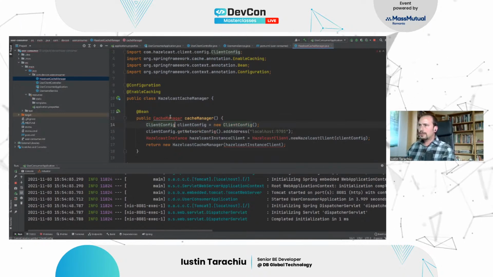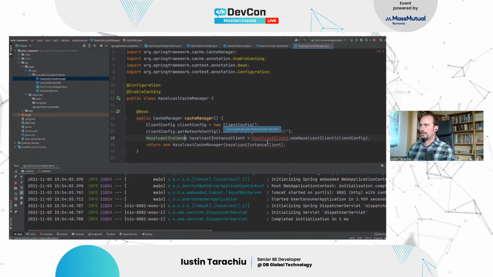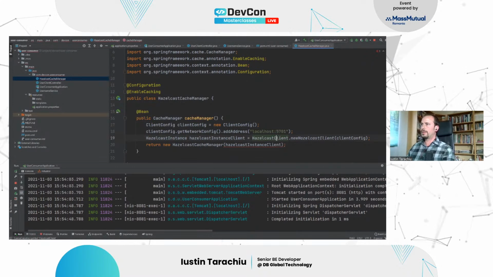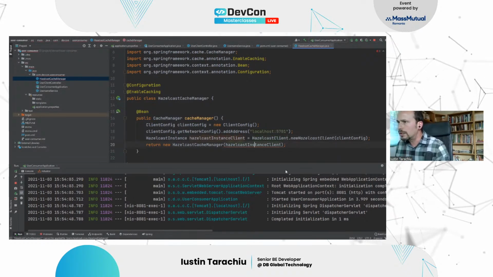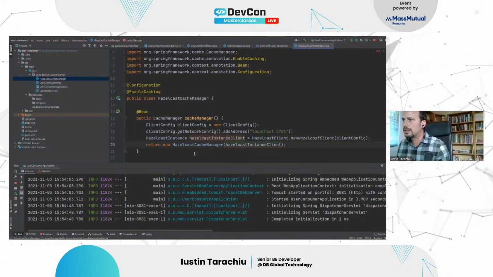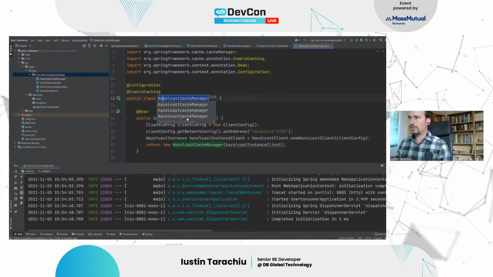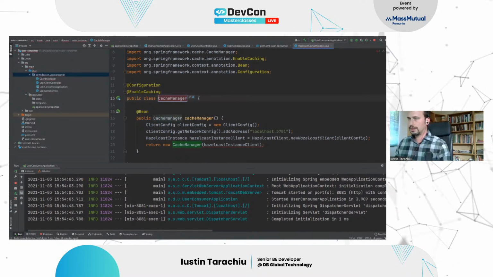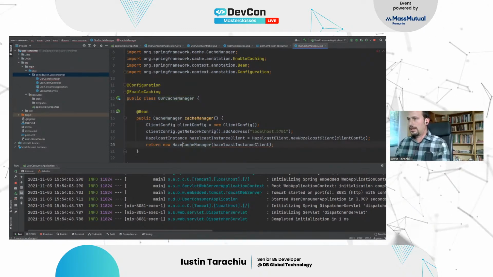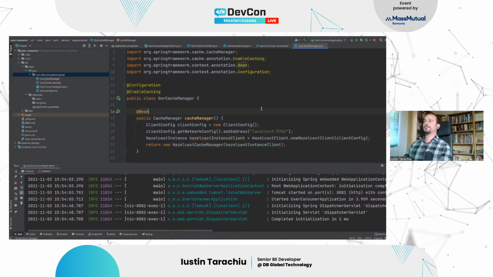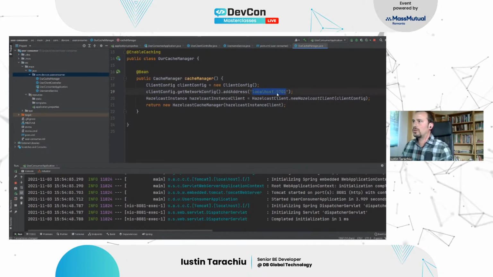It's from Hazelcast. This one, Hazelcast again. It's a Hazelcast client instance right here. I think that something is wrong. Hazelcast manager. What the problem is, the name I put is wrong. Let's name it our cache manager, and this one will be Hazelcast manager. Okay, so right now you can see that the only configuration we've made was to connect to localhost